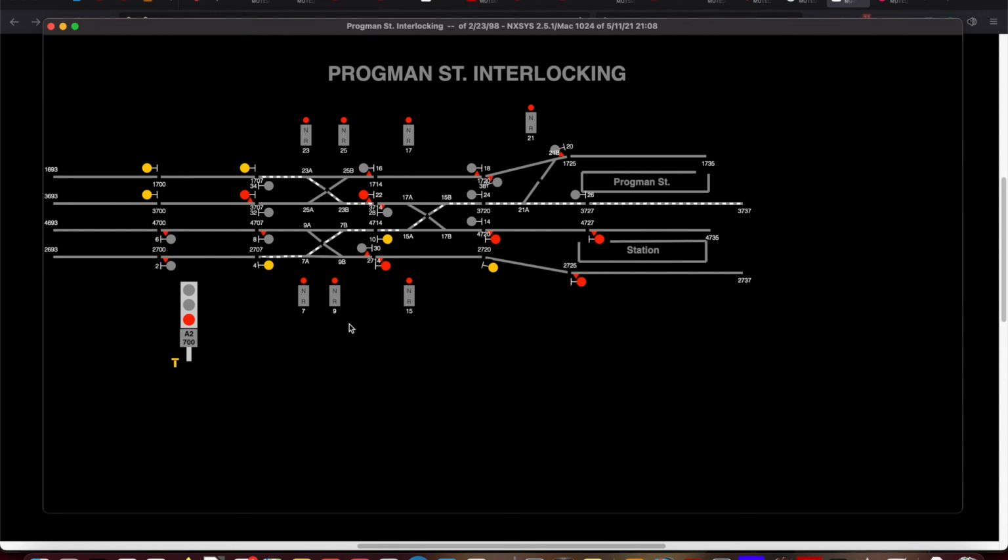I'm going to stop here because I've shown you the general idea, and you can read the PDF file and learn about more complicated stuff. So I hope you enjoyed this demo and learned to use NXSys and learned something about the signaling and interlocking control of New York City Transit Authority, the Metropolitan Transit Authority, pretty much from the years 1950 to 2000. Things are a little different now, and go learn about them.